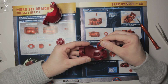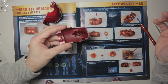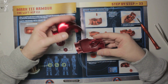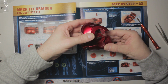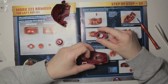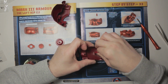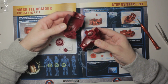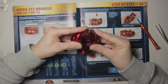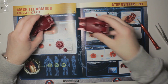I think that's the same shape both ways. It does look like it. That slots into there like so. Okay, yep. And then obviously those two halves are going to fit together. Oh, wait a minute. I tell a lie, these are not the same. One's got a larger tab, one's got a smaller tab. The larger tab clearly goes into there and it's a tighter fit. That's better. And then this one is a smaller tab and goes into there. So keep an eye out for that. One is a larger tab, one's a smaller tab, and this is clearly going to make the ball and socket